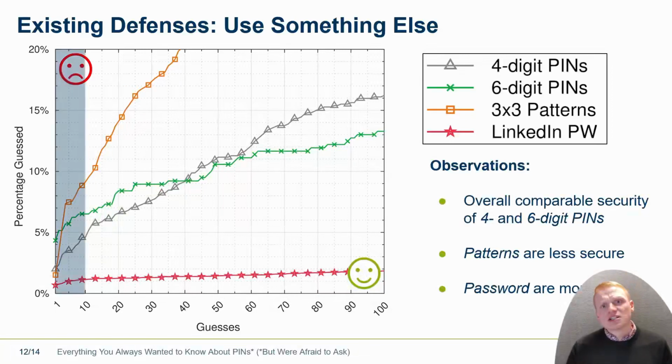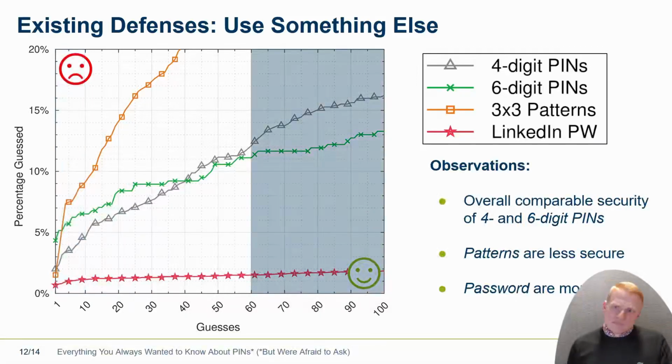Let's look at the security in more detail. I just said that for Apple, the rate limiting is in place for 10 years and then the devices are locked. And what we can see here is that the 6-digit pins are more prone to attacks in general, and that's because of the 1, 2, 3, 4, 5, 6 and its high popularity that we just saw on the other slide. All right, from 60 guesses onward, it happens what we may expect. 6-digit pins become more secure.